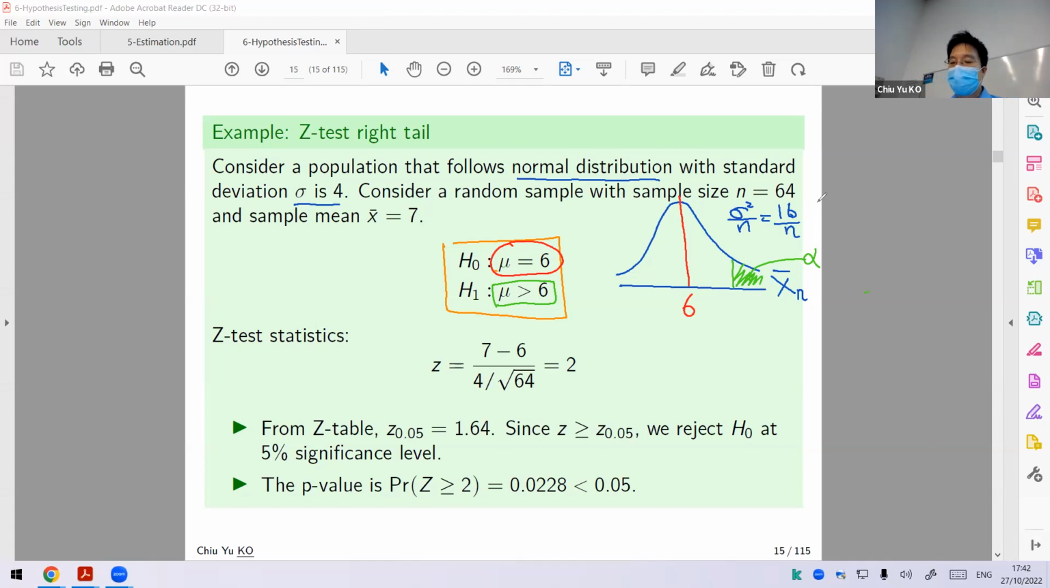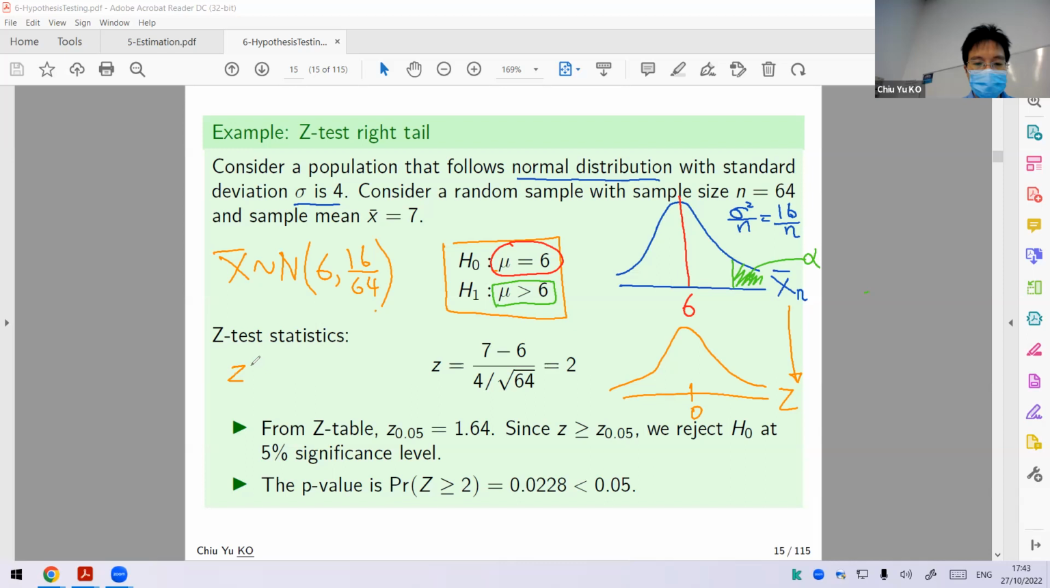So either you calculate the p-value or you use the critical value. What we're going to do is transform this object into the Z, with 0 in the center, a zero-centered bell. How can I transform this? Because this has a normal distribution. Under the hypothesis, the mean is 6, and the variance is 16 over n, which is 16 over 64. So that actually means I have Z equal to